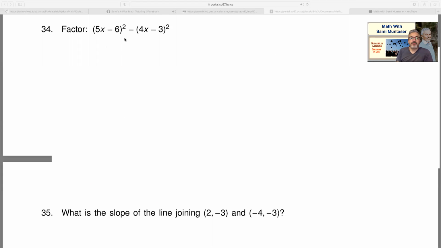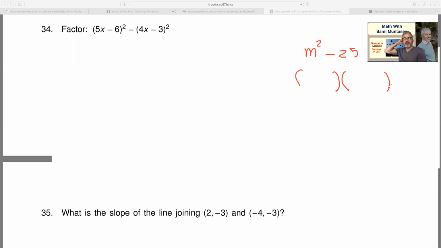So here is one. Lots of students, when they look at this, think they have to expand this and then expand this. But if you know how to factor the difference of squares, I'll give you an example. If you have m squared minus 25, we taught you that because this is the difference of squares,